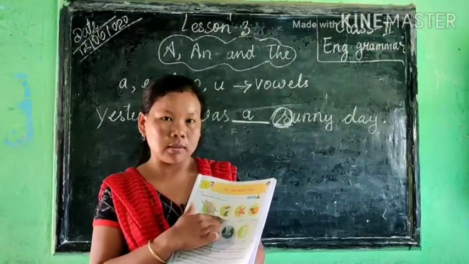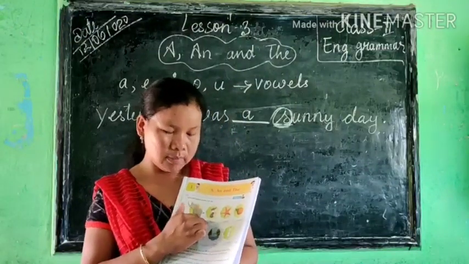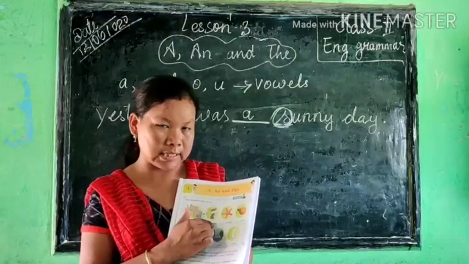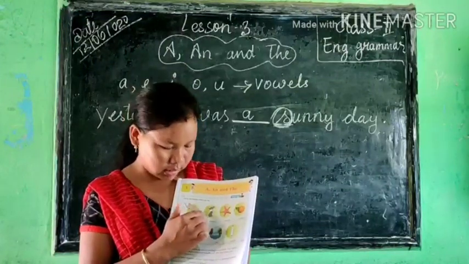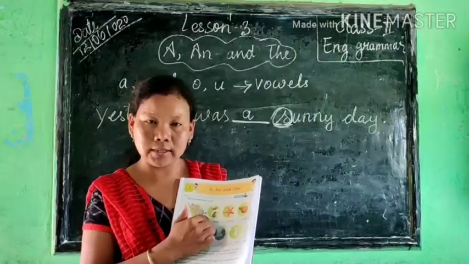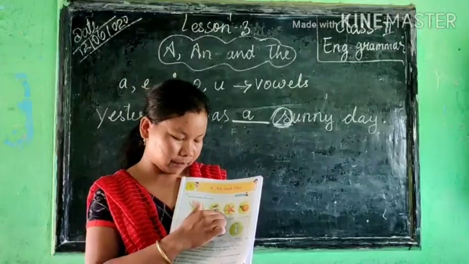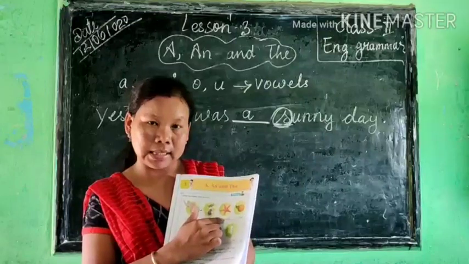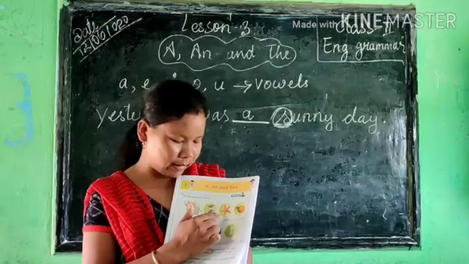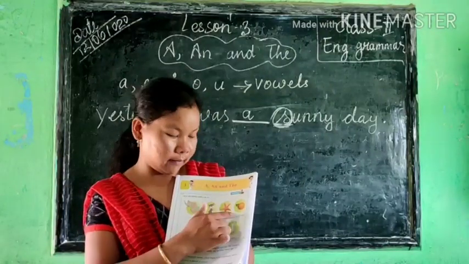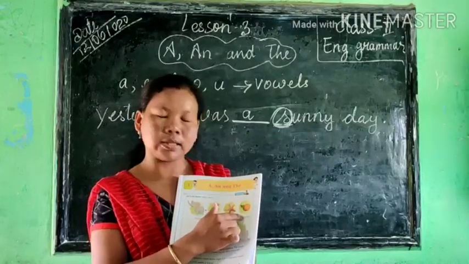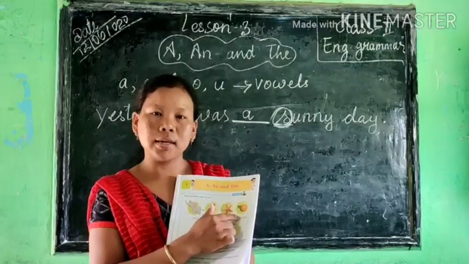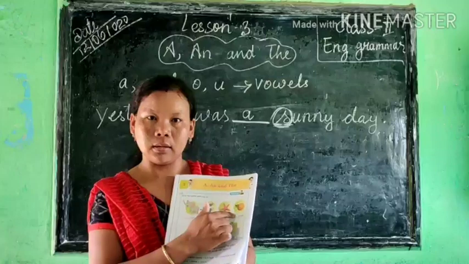Yeah, mouse. Mouse, right? Mouse is M. First letter is M. So it is a consonant. If it is a consonant, what do we have to write here? We have to write A here. Yeah, starfish. S. S is a consonant. It is not a vowel. So we have to write A here. Orange. First letter is O. O is a vowel, so we have to write N here.